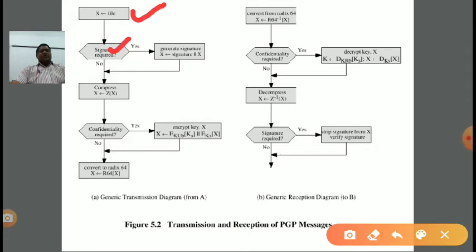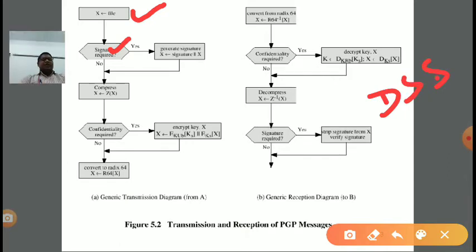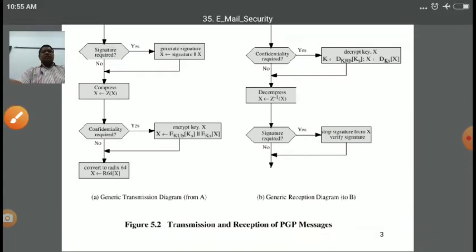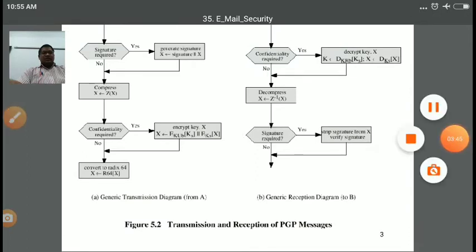If it is required, yes, then we need to generate a digital signature. And for generating the digital signature we are having some algorithm like DSS, clear, Digital Signature Standard, or we are having SHA, secure hash function. Out of these two algorithms, any one algorithm can be used for generating the digital signature, right?